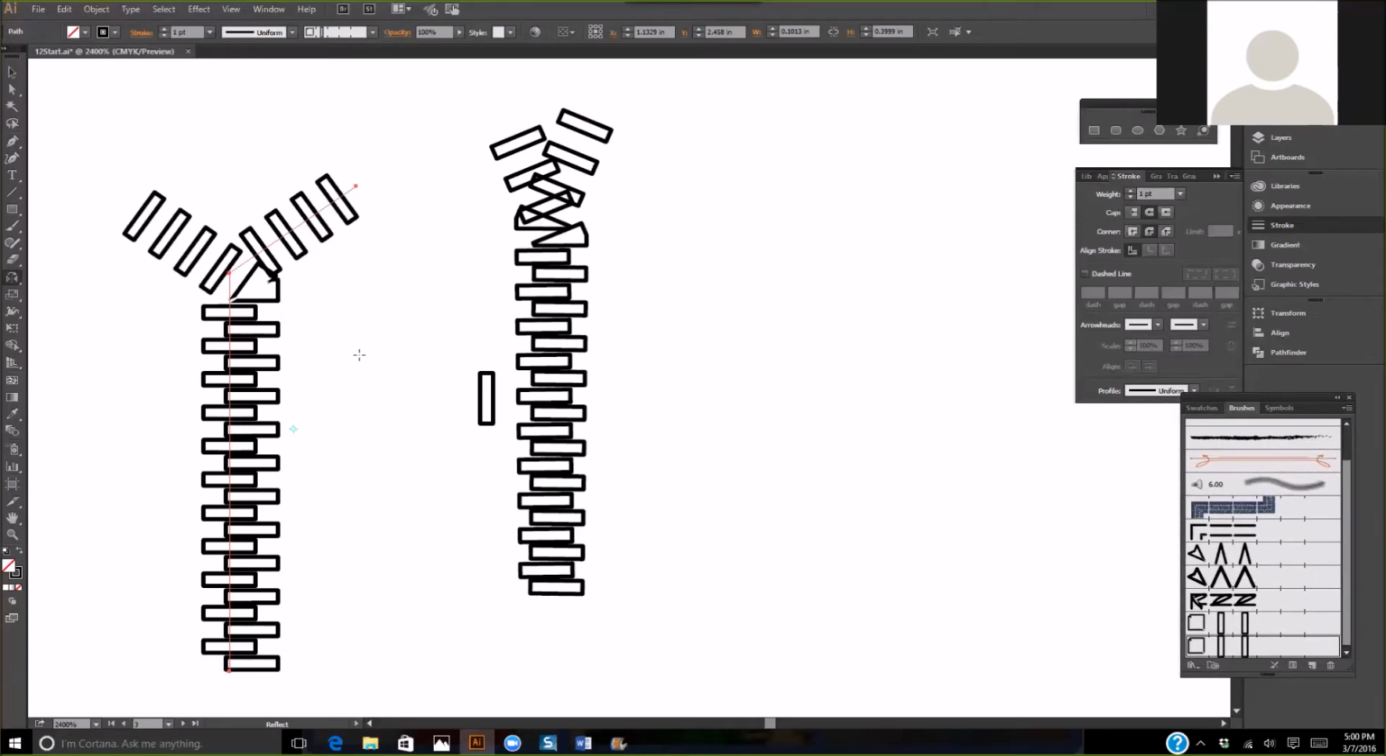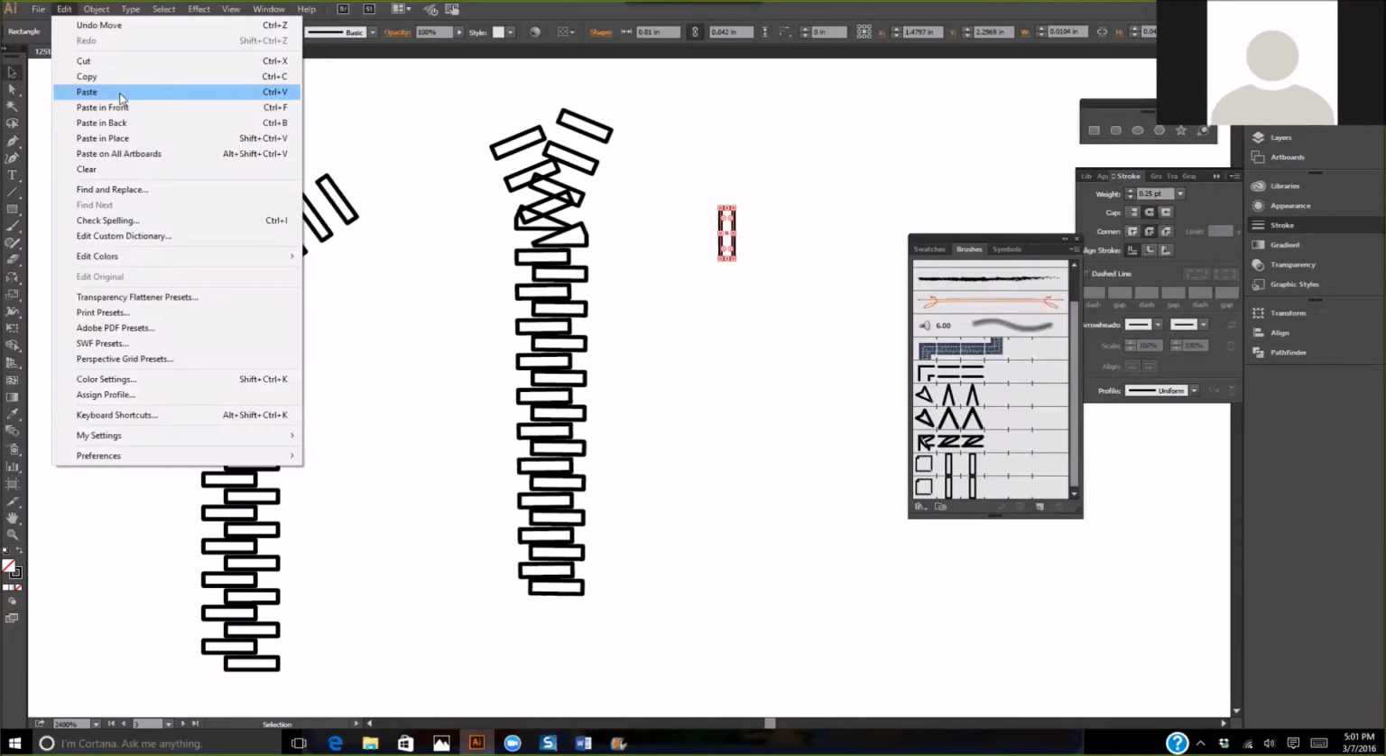With the selection tool active, I want you to select the little rectangle that originally made the open zipper and move it over to the side so you can work with it. And go to Edit, Copy, and then you're going to move